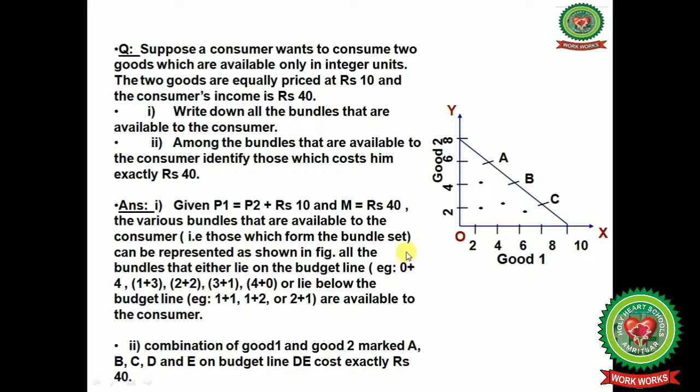All the bundles that lie on the budget line, that is A, B and C. For example, 0 plus 4, 1 plus 3, 2 plus 2, 3 plus 1 or 4 plus 0 lie on the budget line. For example, 1 plus 1, 1 plus 2 or 2 plus 1 are available to the consumer. And the second combination of good 1 and good 2 marked A, B, C, D and E on the budget line, that is DE,